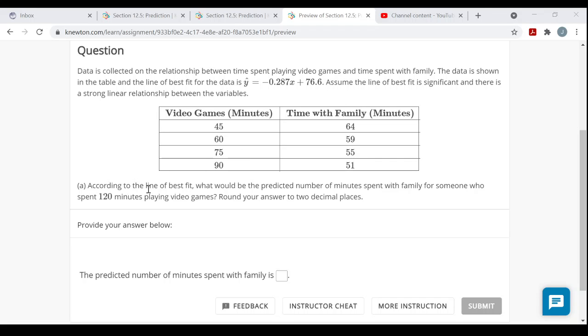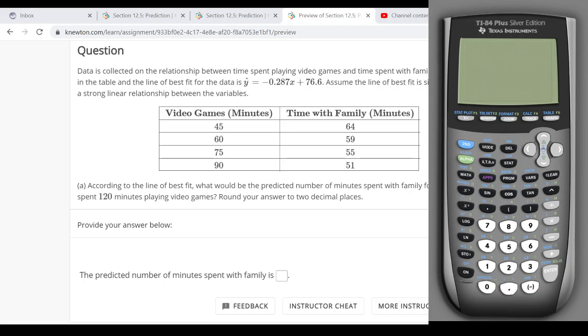So according to the line of best fit, what would be the predicted number of minutes spent with family for someone who spent 120 minutes playing video games, and round your answer to 2 decimal places? Now the minutes playing video games, remember I called x, that was the input variable. So I'm just going to replace x with 120 in my calculator. So y hat, the predicted number of minutes spent with family, will be negative 0.287